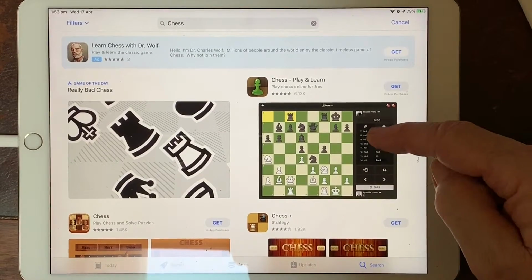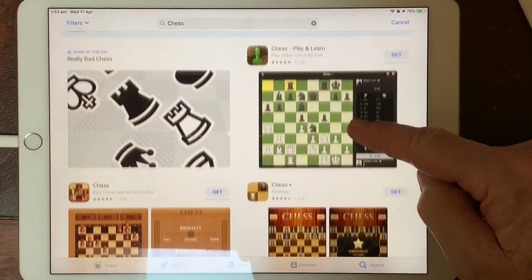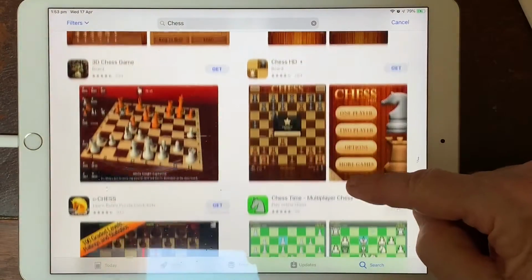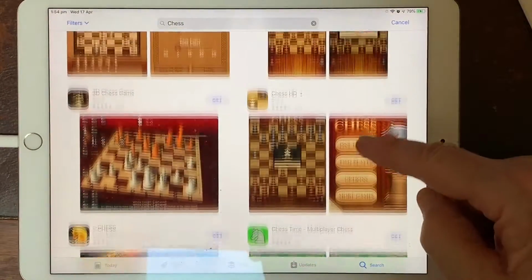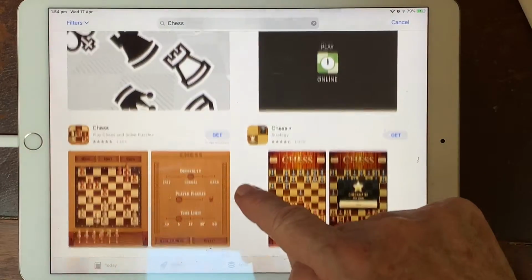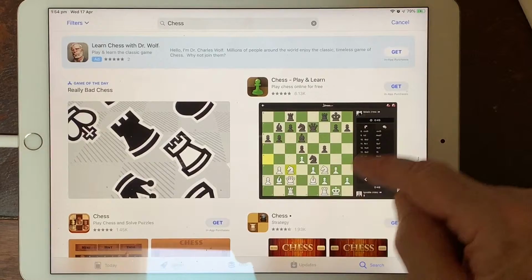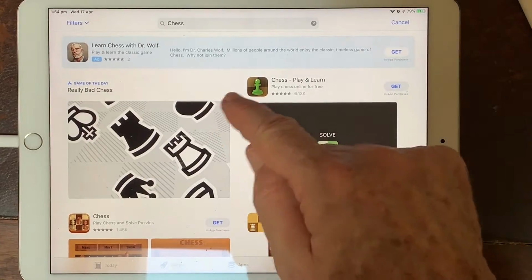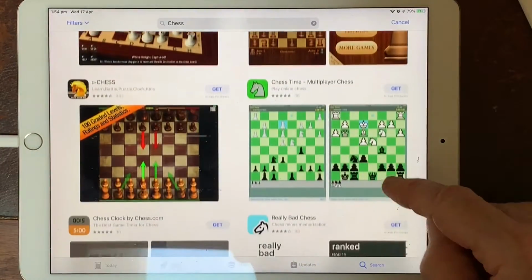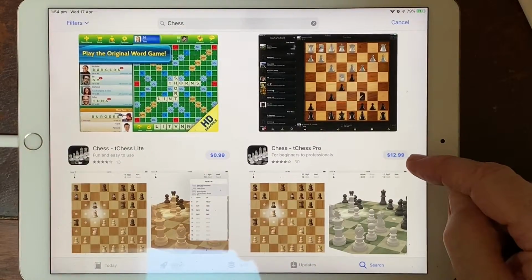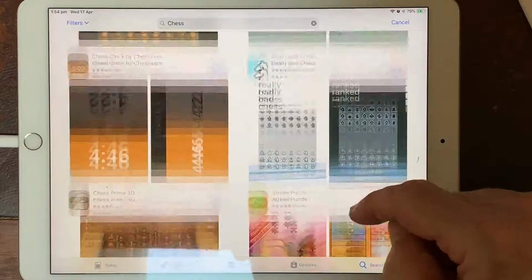And the App Store will then have the most popular or successful apps near the top of the listing, and there will be hundreds of them for a topic like chess. Next to each of the entries, there is either a price listed, as for this one, it's $12.99, or more